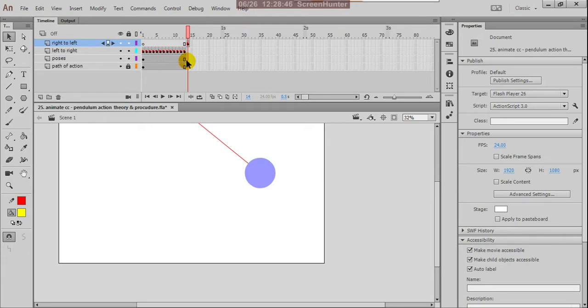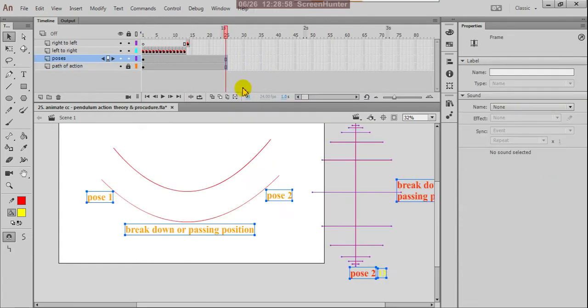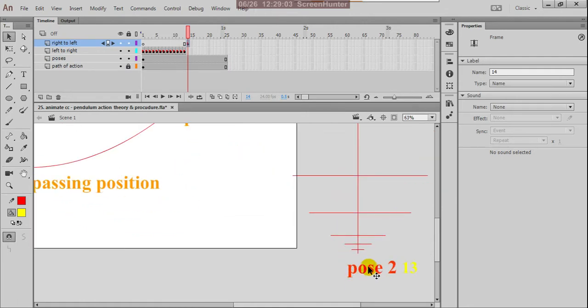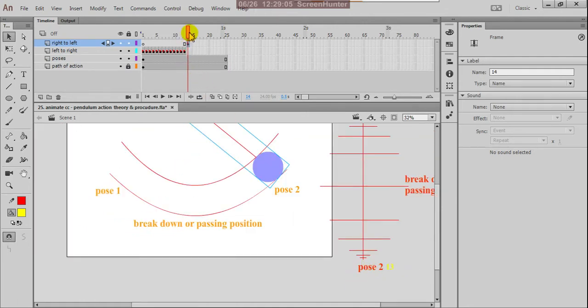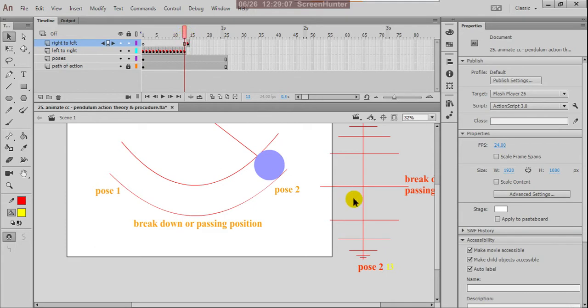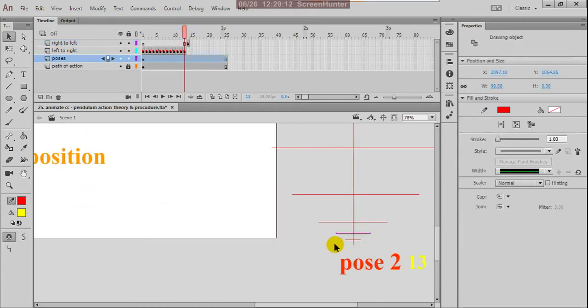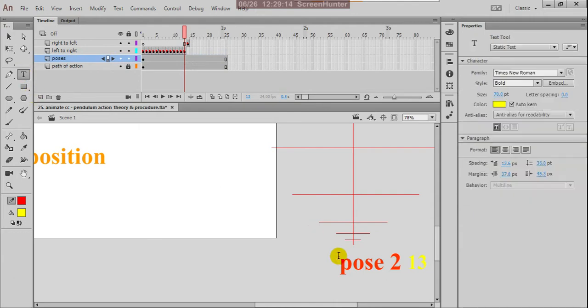These pose layers and the path of action you can extend up to 25. Pressing Shift, select these two layers and insert frame. Now give the name 13 here.